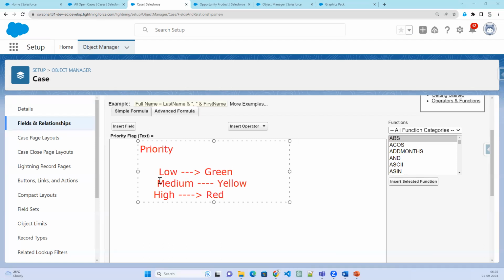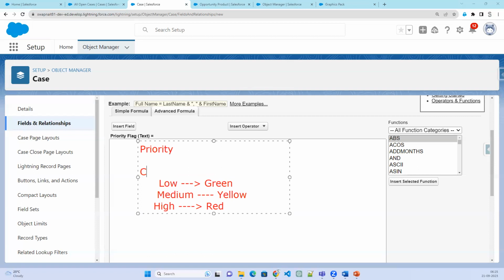For this scenario, I have different options available for each value, to decide what the flag is. In this case, I'll use the CASE function. The logical statement is priority. If priority is equal to low, then show me the green flag image. If it is a medium,